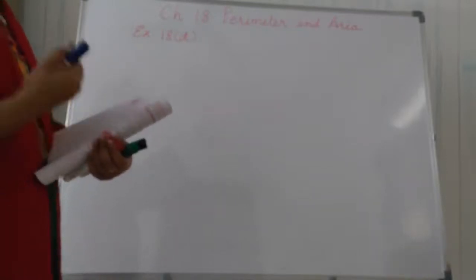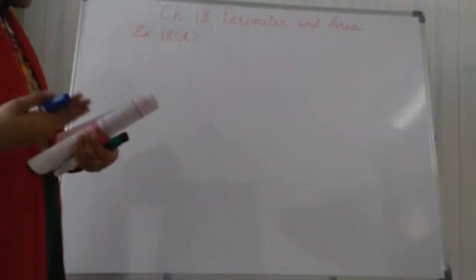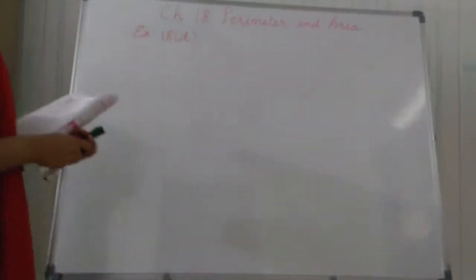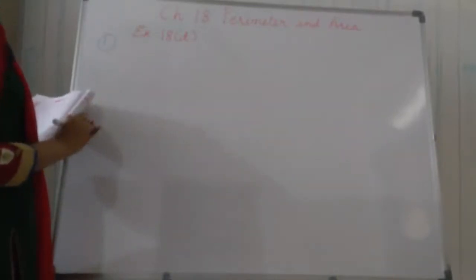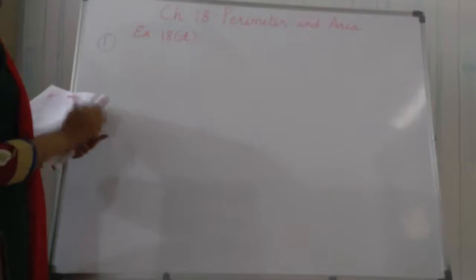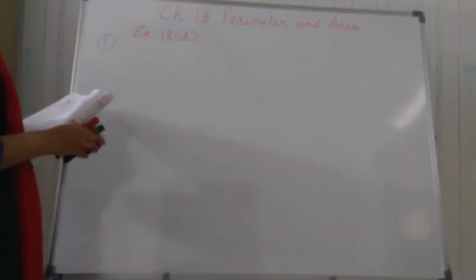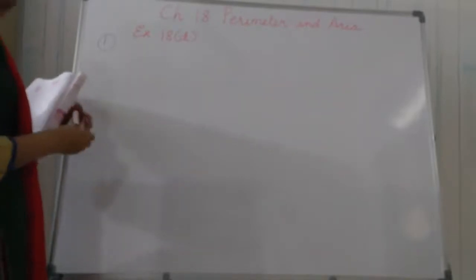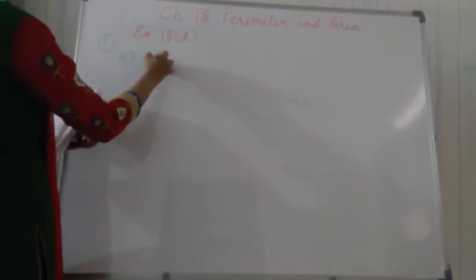So here, students, base and height are given somewhere, or somewhere area is given. So you have to find the corresponding values. So I will explain to you how to do it. First I will take, see, there are numbers not given, but you have to check it column wise. So I will take the fourth number first. The fourth number is, you are given here, base is equal to x, height is equal to 2x. So you want to find the area.